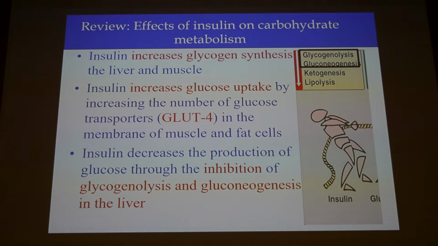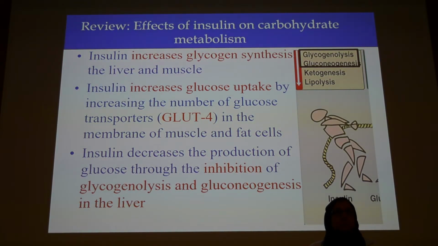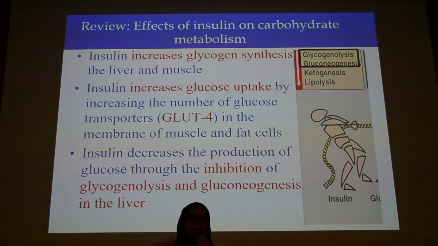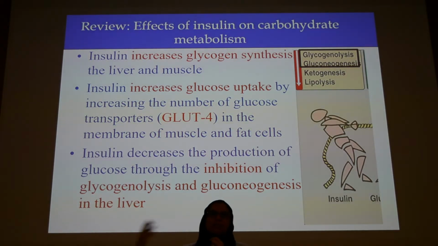The most important thing to understand about diabetes is that it's all about insulin. The hyperglycemia is caused either because there is no insulin in type 1, or because the body is not responding to insulin and the insulin is not enough, and this is type 2. So it's all about insulin. Let us review the role of insulin. What is the importance of insulin? Insulin is secreted in our body in response to high blood sugar. When we eat, the blood sugar goes up, then the beta cells will secrete insulin.